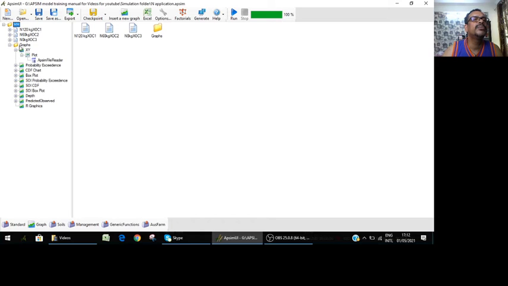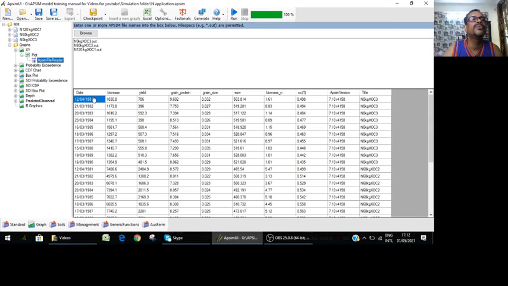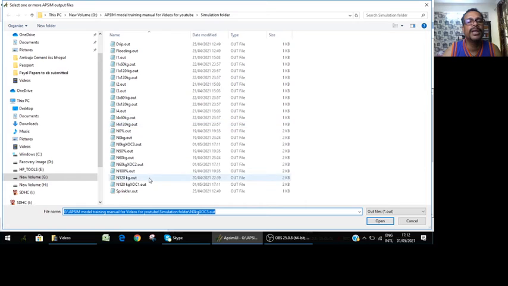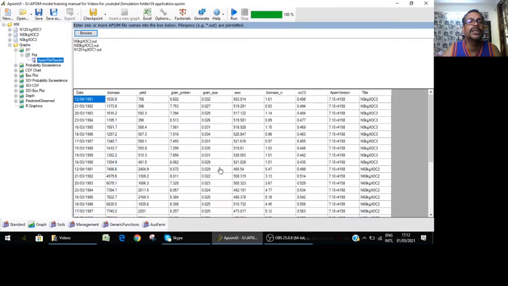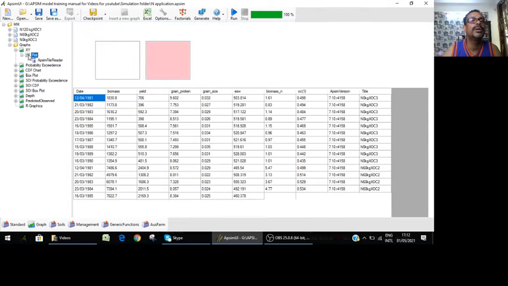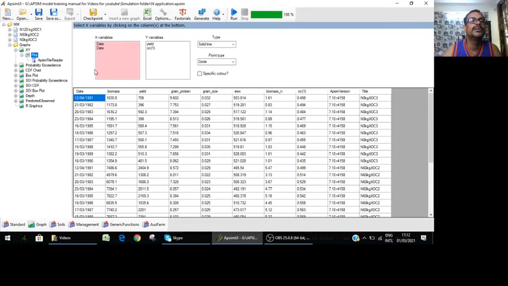So what we'll do, we'll click on the graph, then go to the reader and browse it and find out where they are. So where organic carbon 1 is here, press control, then organic carbon 3, organic carbon 2, bring all these things here. Now all these three things come out, then go to plot. So put date here. Then press it here, it will come pink, then you can add biomass also, yield, organic carbon.